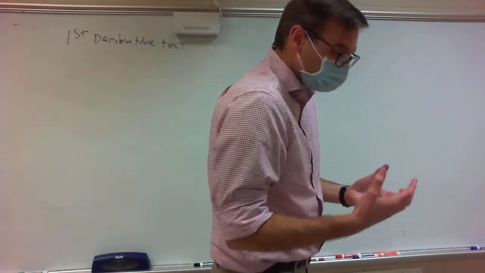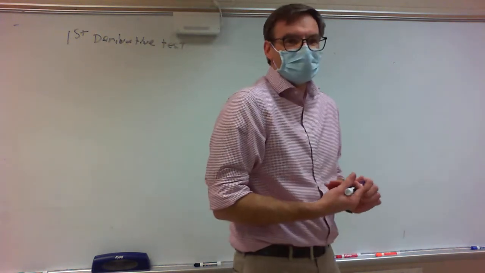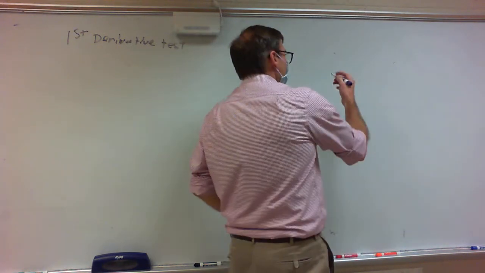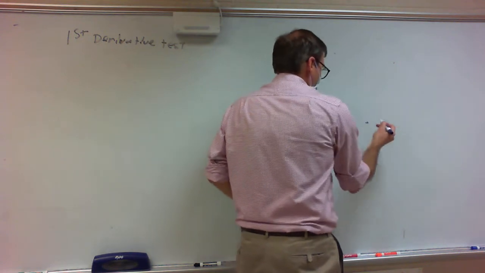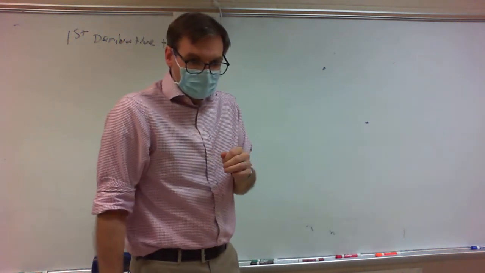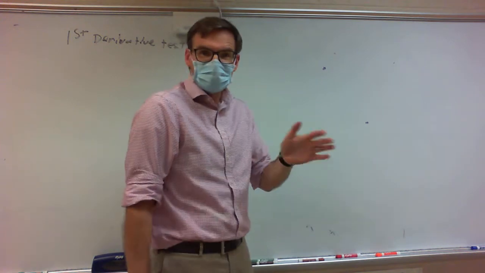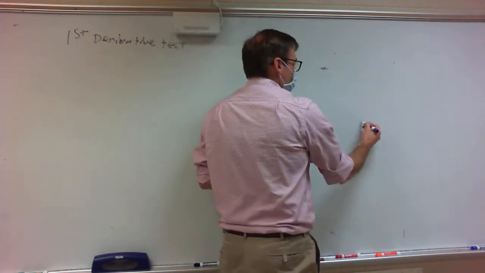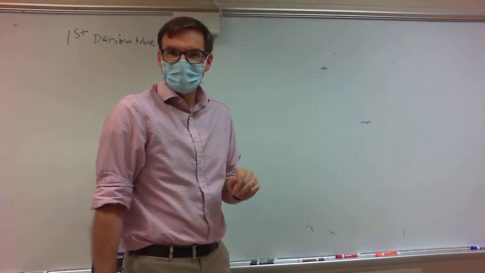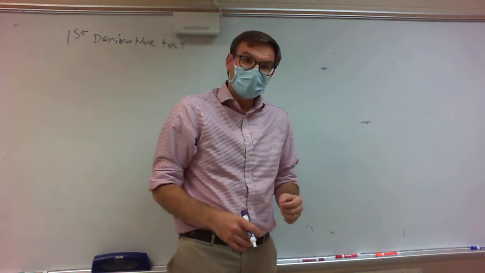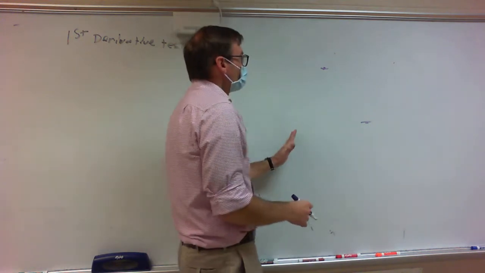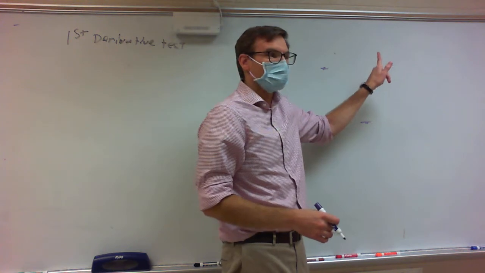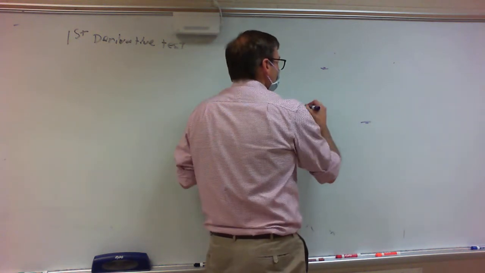So here's the argument. If I wanted to graph something, and I told you I had a couple of dots, let's say that the graph passes through those 2 points, right? Well, that's not really telling you a whole lot. It could look like a whole lot of things. But if I tell you this is a flat spot and this is a flat spot, that's giving me some more information. And even better, what if I told you that we're increasing to this dot, decreasing to this dot, and then increasing? And then I end up with a picture that looks kind of like this,